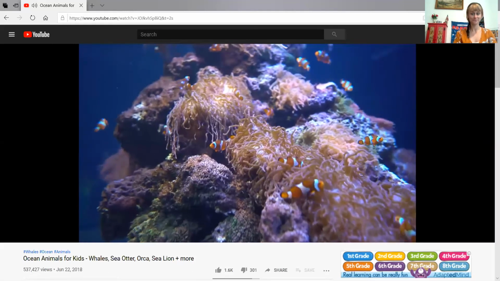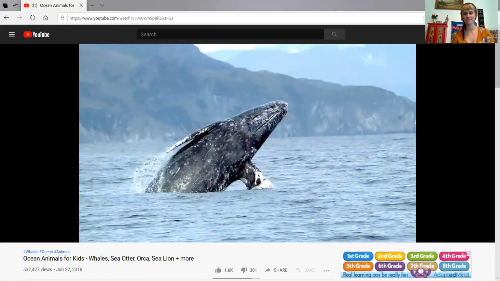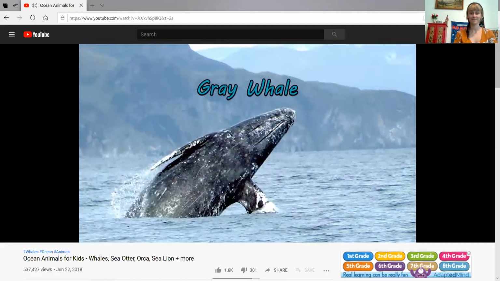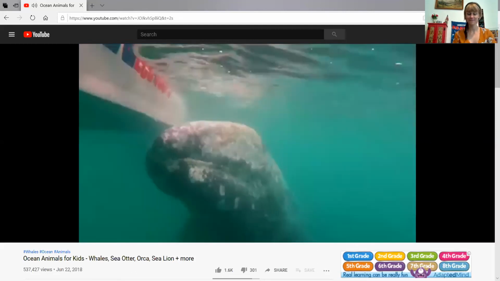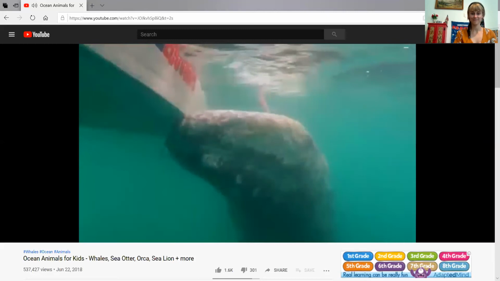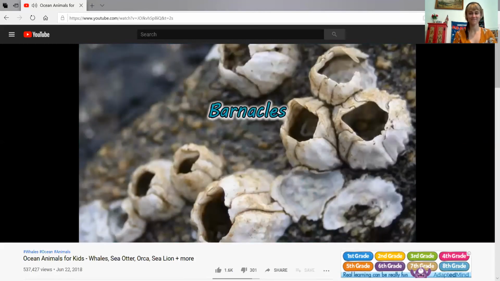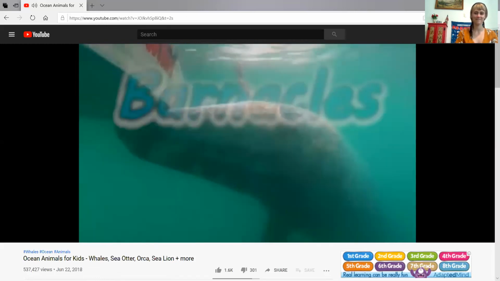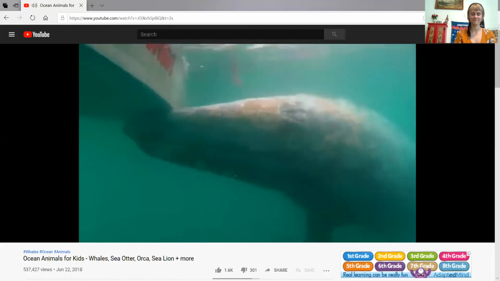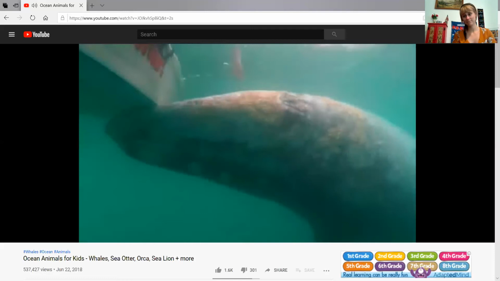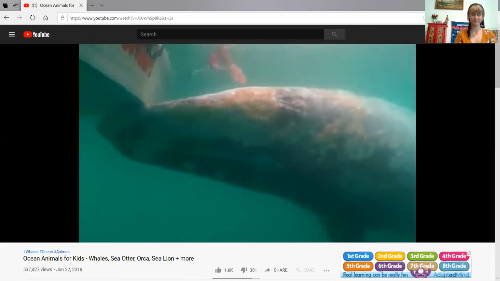Stung by the anemone. Here's a familiar sight to whale watchers: the gray whale. This kind of whale looks like it's covered with rocks. Those are actually little animals called barnacles. When the barnacles fall off, they leave scars behind on the whale. Aw, poor little whale. I mean, poor giant enormous whale.